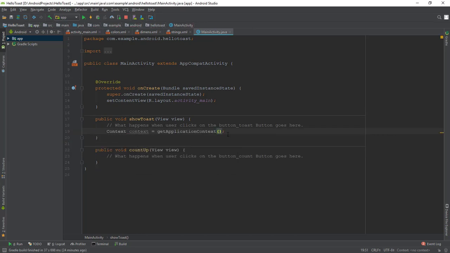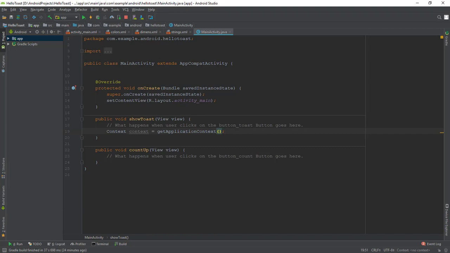When you are already in the context of the activity whose context you need, you can also use this as the shortcut to the context. The length of a toast string can be either short or long, and you specify which one by using a toast constant. Toast.LENGTH_LONG, Toast.LENGTH_SHORT. The actual lengths are about 3.5 seconds for the long toast and 2 seconds for the short toast. The values are specified in the Android source code.